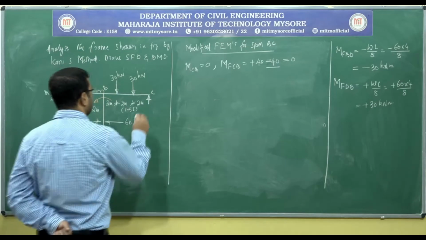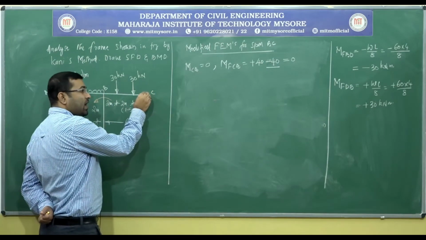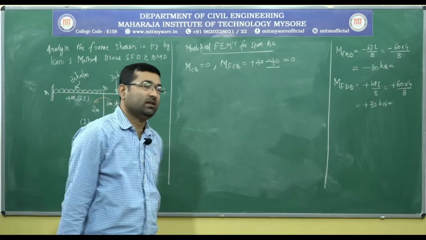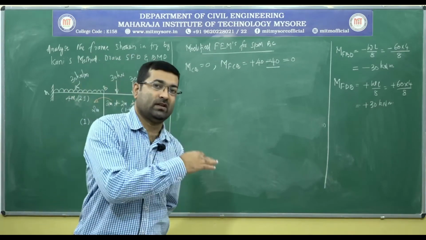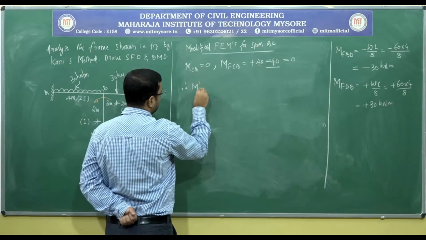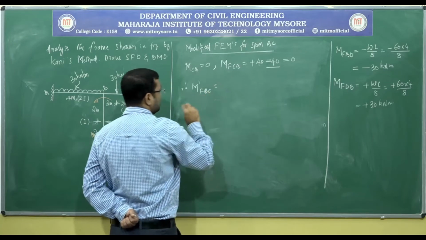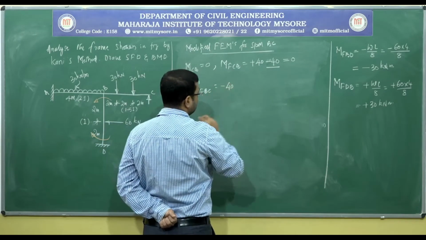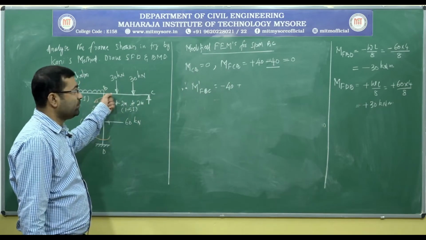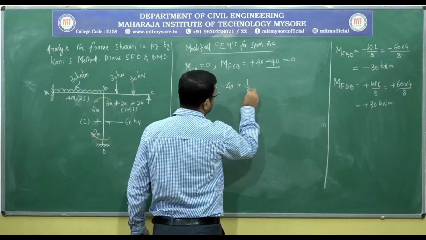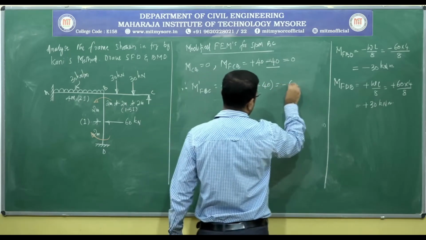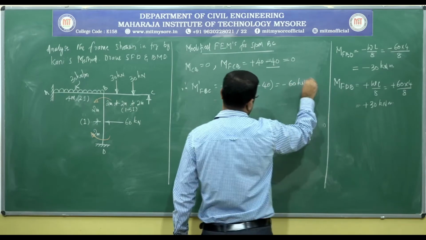So whenever we are applying some additional moment here, half of that moment has to be transferred to the other end of the same member. That is 50% of 40 kilonewton has to be transferred to the other end. Therefore M dash of BC, it will be minus 40 kilonewton. Okay, so this is the existing fixed end moment for MFBC. Half we need to add. How much? Half of this we need to add here. So this will become minus 60 kilonewton meter.